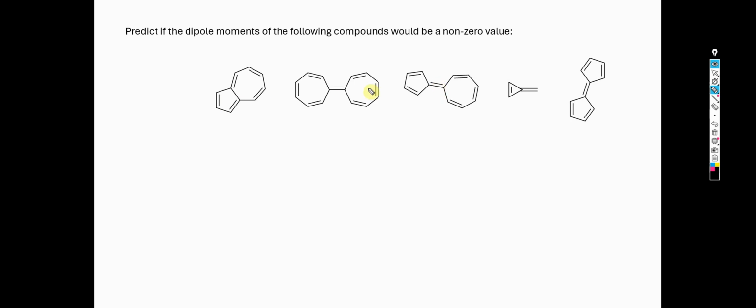This is very similar to the azulene situation. If you pull electrons towards that ring, then this becomes a 6 pi electron system on both sides. Because of that stability, you would expect this molecule to be stable as the cyclopentadienyl anion and the tropylium cation structure, and therefore this will have a net dipole because this is a stable molecule with this resonance form as the major contributing form. So this is non-zero, this is zero, this is non-zero,